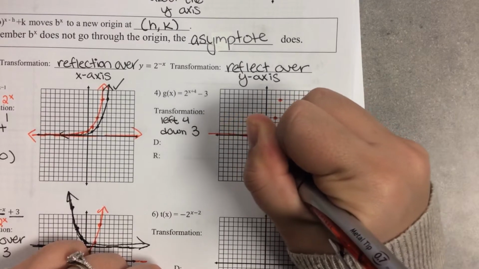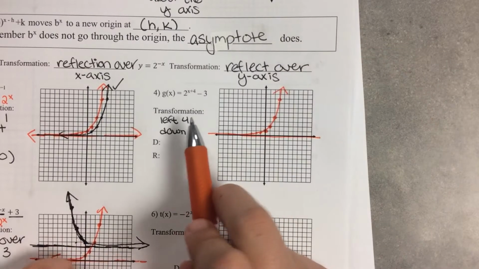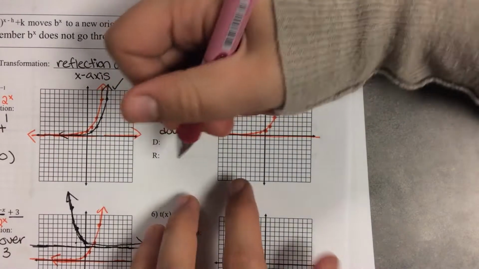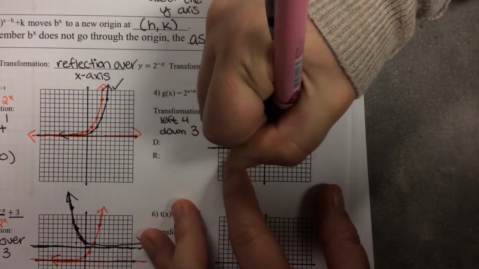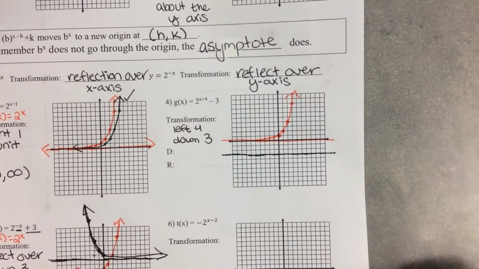So here's our parent graph, and we're going to do 2 things to this graph. We're going to move every point to the left 4 and down 3, which means our asymptote is also going to move down 3. So I'm going to go ahead and start off by doing that just so we know where our asymptote is. So we're going to take all those points and move them to the left 4 and